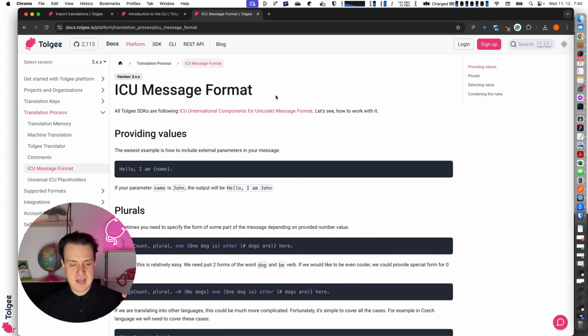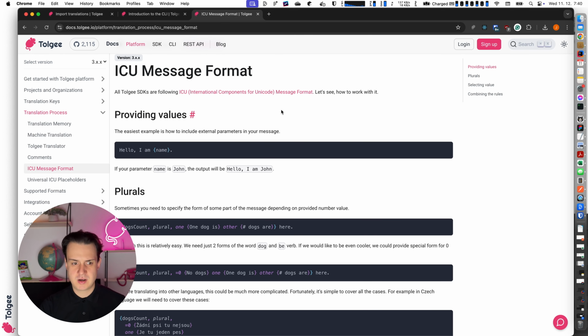Let's look into ICU message format, which is a standard from Unicode, into Tolgee Universal ICU placeholders and how it's related to importing data from different file formats. First, let's look into what's ICU message format. We have a doc page about this, and in this doc page, you can read more about the syntax of ICU message format. But what's important for now is how ICU message format is handling the variables or the placeholders